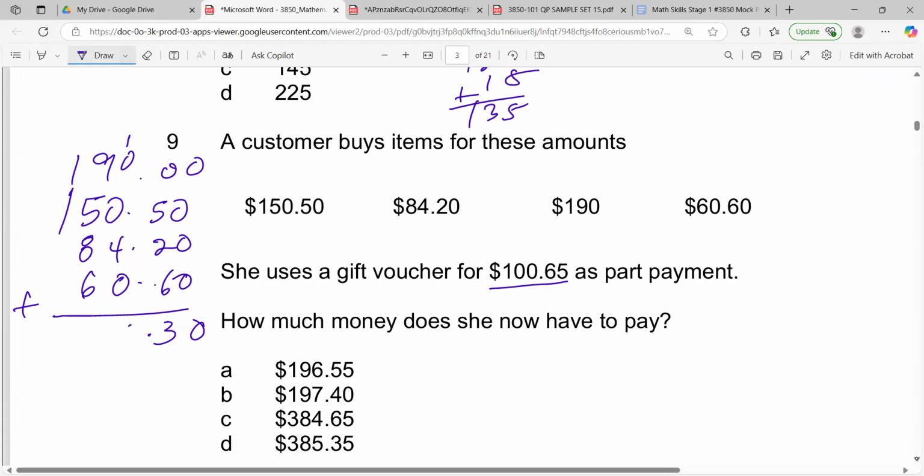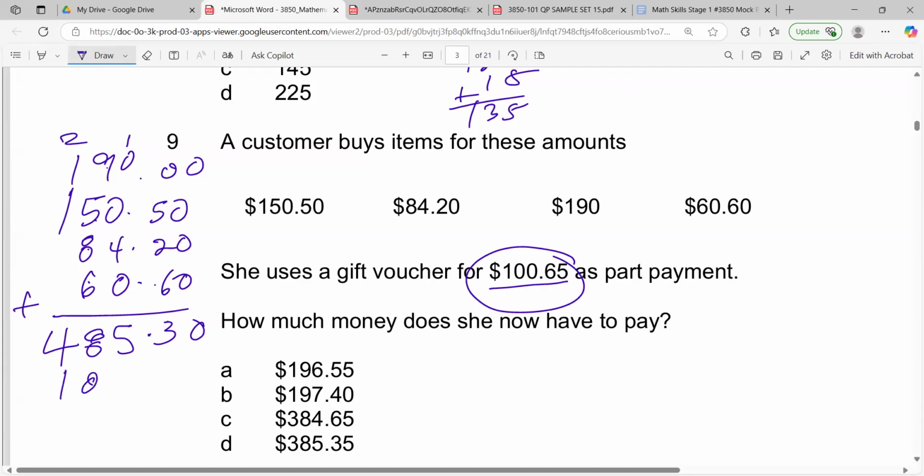So that's a 5. 6 and 8 is 14, and 5 is 19, and 28. So 1, 2, 4. Where does 190 come from? Okay. So 1, 2, 4. All right, so the total is 485, and she pays with the gift voucher of